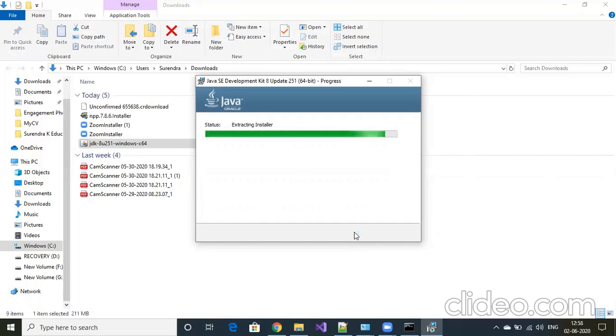It is extracting the installer. It will take some time to install based on your system speed.